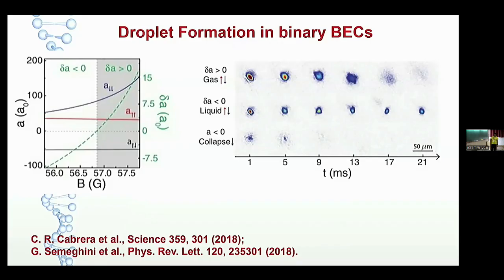intraspecies and interspecies interaction. If it is negative, then if we release the trap, this condensate doesn't get dispersed, unlike when we have delta a greater than 0, when it behaves like a gas. But here we get some bound state and it remains for some time. And that is the discovery of liquid-like behavior in this Bose-Einstein condensation. And this is the thing one can get: if the interaction is totally attractive, then this condensate will